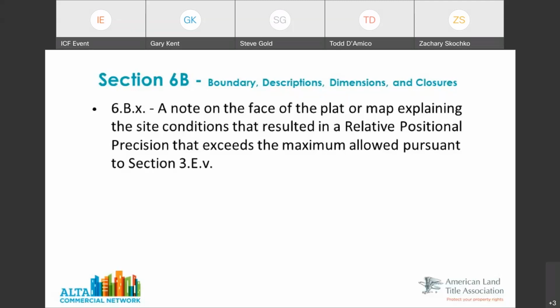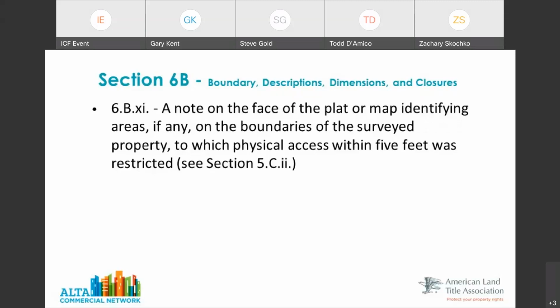You know, a lot of people ask us, oh, are you using GPS? Like that's some magic thing. GPS is, in fact, not always the appropriate measurement equipment to use. And in some cases, it will not work for us. And so we have to use other equipment. So this is just an acknowledgement that sometimes conditions can be such that we're just simply not going to be able to achieve the precision that we would like.